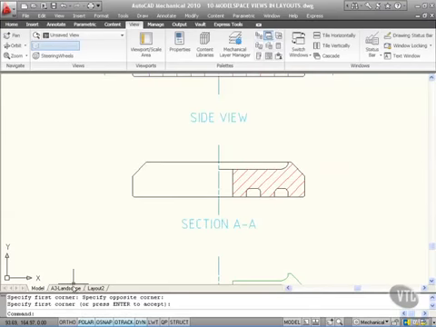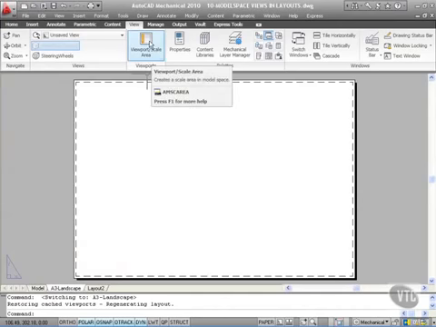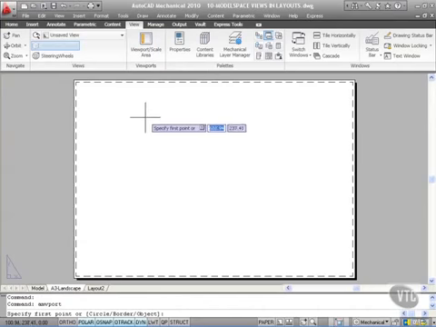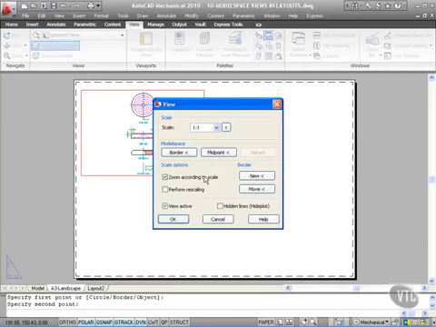I go to my A3 Landscape tab now, and what I need to do now is go to the Viewports panel here, Viewport Scale Area. So I'll click there, first point of viewport. Now I'm just going to click here like that and drag like that. So there's my view there. Now what I can do is I can set a scale there, midpoint, zoom according to scale. So I'll just OK that now,